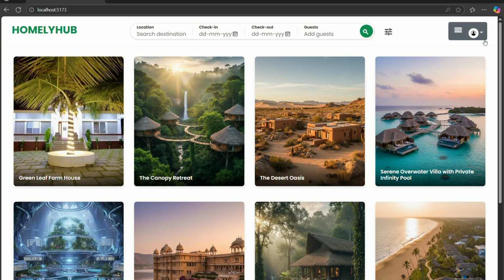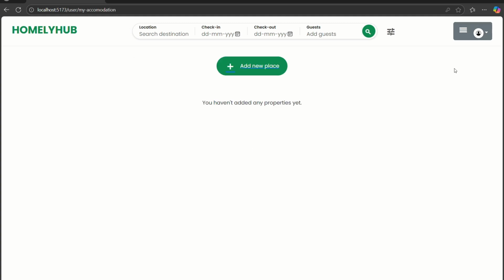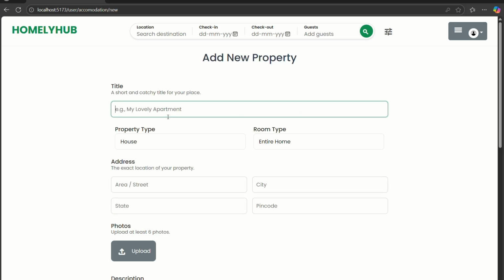Then go to My Accommodations. Here you can add new places for the application. So let's say the guest house title will be Toronto guest house. The property type will be guest house, and the room type will be entire. It can be any type, either a room or an entire home. The address will be